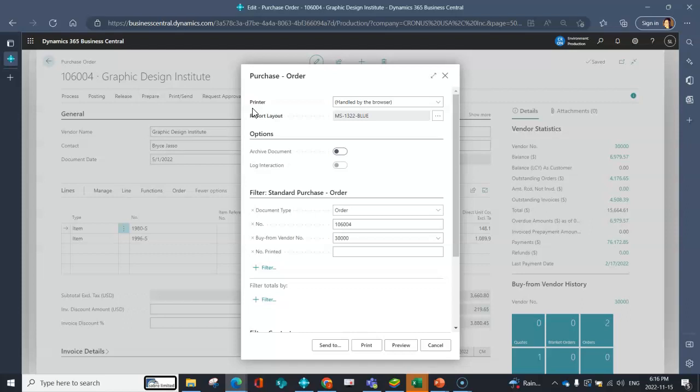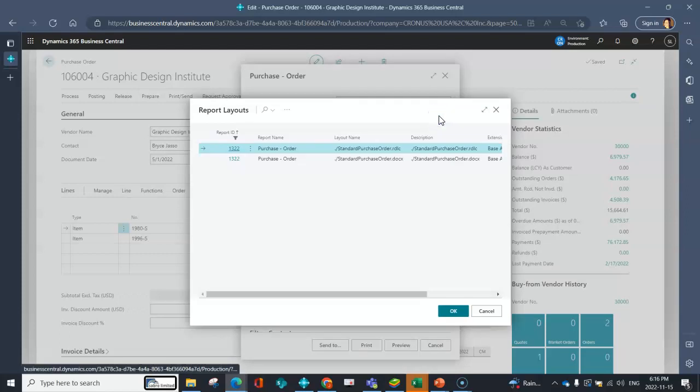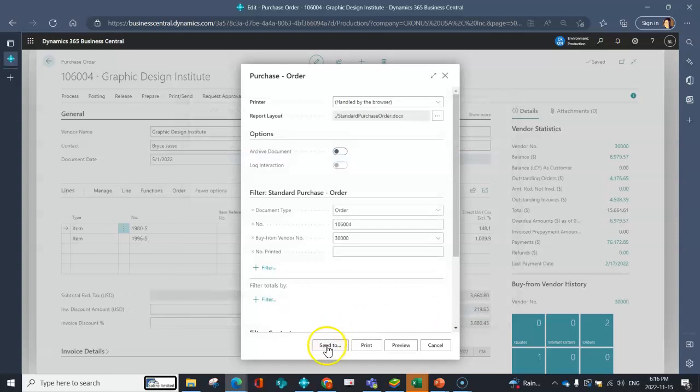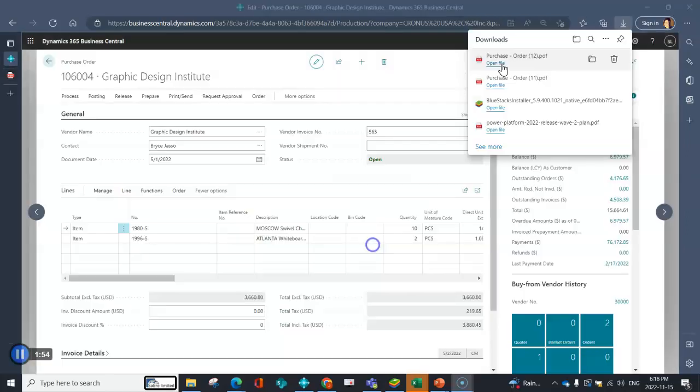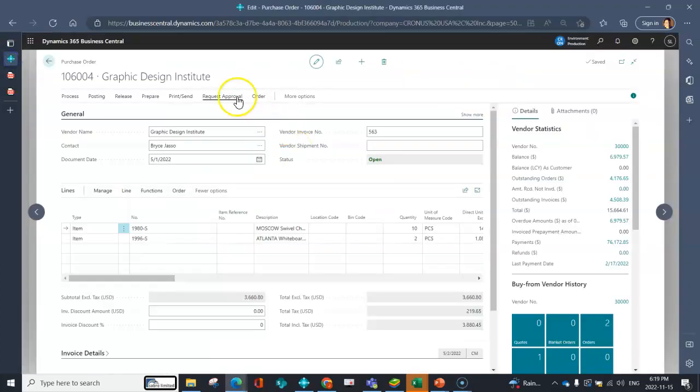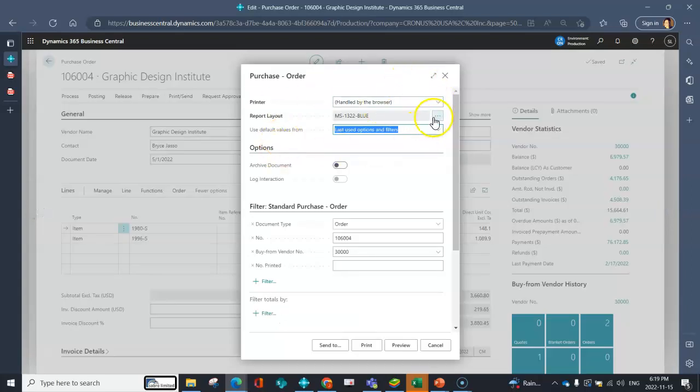However, if I do have one scenario where I say, well, I send purchase orders, I've got two different purchase orders I'd like to select from, I can always click here. I can open up the different purchase order layouts that I would have specifically for that report ID. I could then select a different layout, say OK, and then I can print, and then easily I can open that up. I can see my purchase order, and then again, if I print, I've got my default.